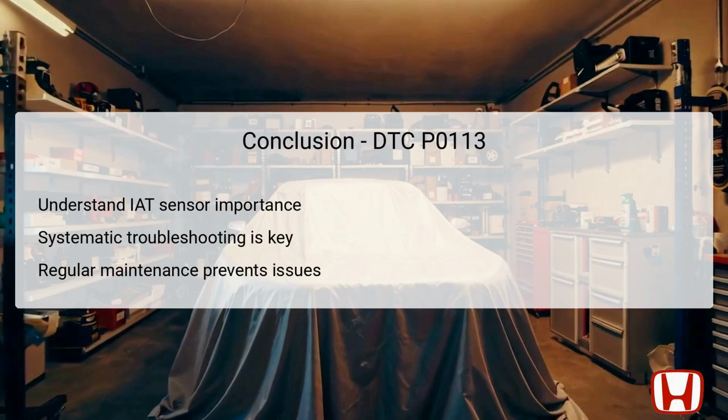In conclusion, understanding the role of the intake air temperature (IAT) sensor is crucial for maintaining optimal vehicle performance in the Honda Accord from 2012 to 2017. DTC P0113 signifies a malfunction in this vital circuit, emphasizing the need for a systematic approach to troubleshooting. Effective diagnostics will begin with wiring inspections, progressing to voltage and resistance checks of the sensor itself, ensuring abnormalities are